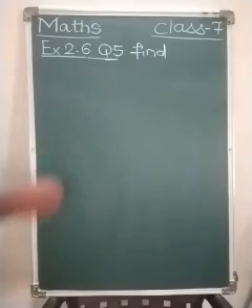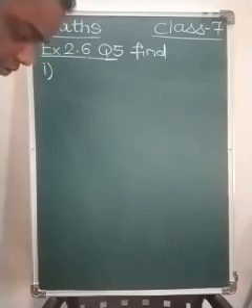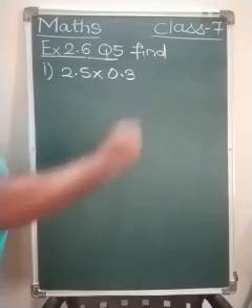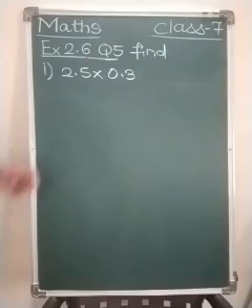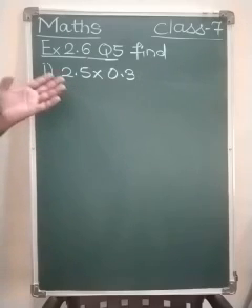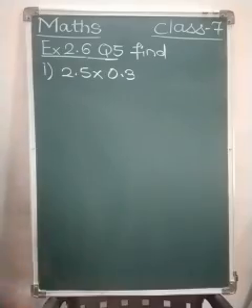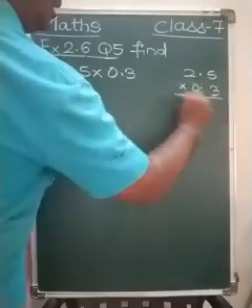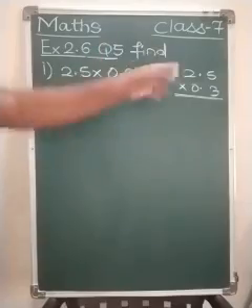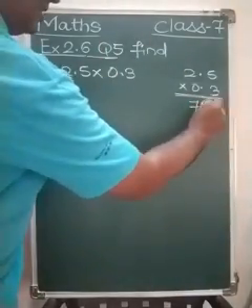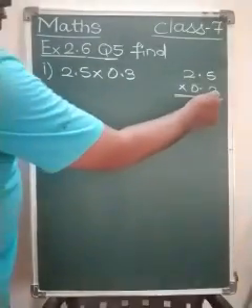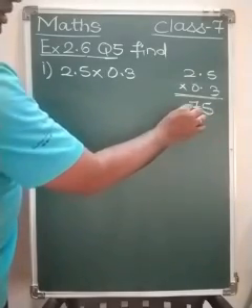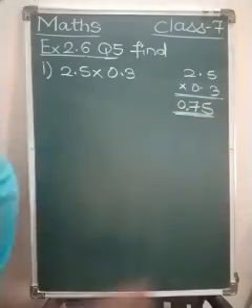If you remember the first sum, first sum we will do 2.5 multiplied by 0.3. Again, if you go to your 4th standard and 5th standard, you used to do this sum in this way, 2.5 multiplied by 0.3 and then find out the answer. So 25 threes are 75. And how many decimal places? So here one place, here one place, so 1 plus 1, 2. So starting from the right, 1, 2, here would be the decimal point: 0.75.